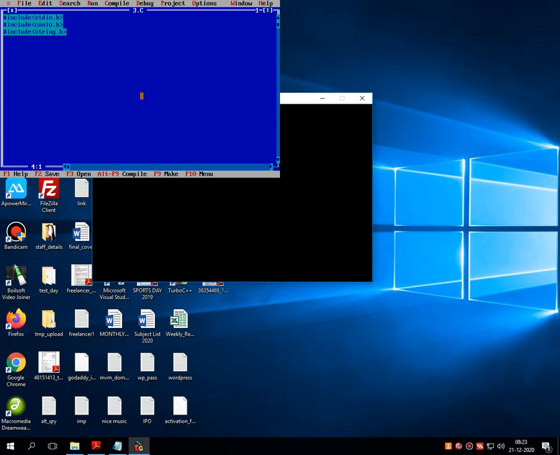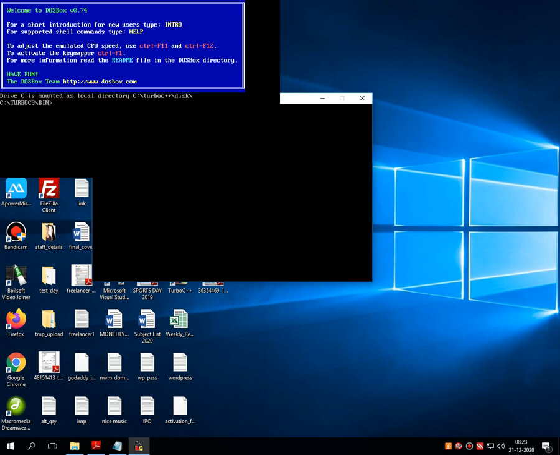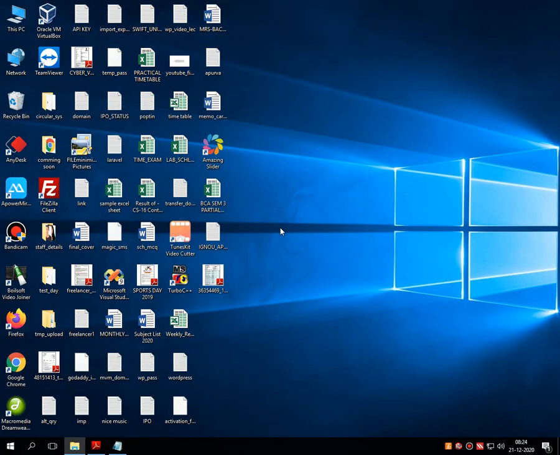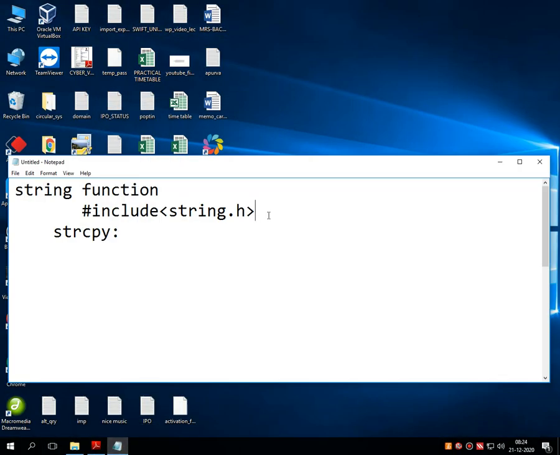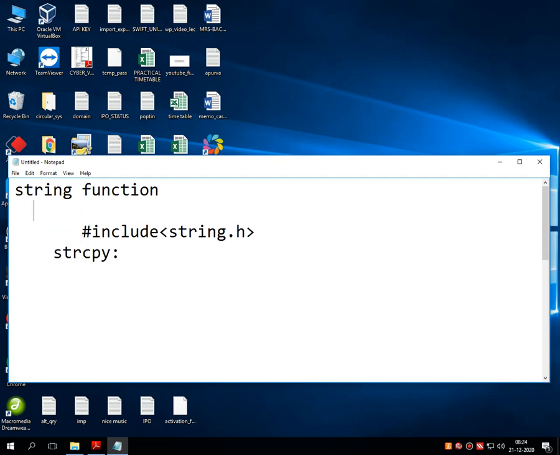One more thing which I forgot to tell you in the theoretical session. Let me go back to the notepad. String means a group of alphabets.